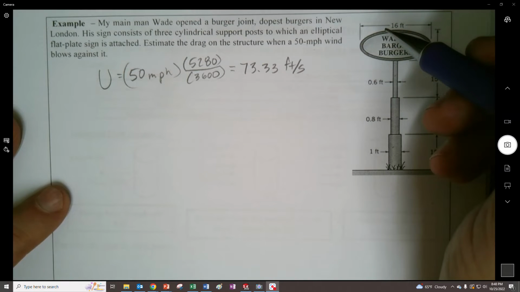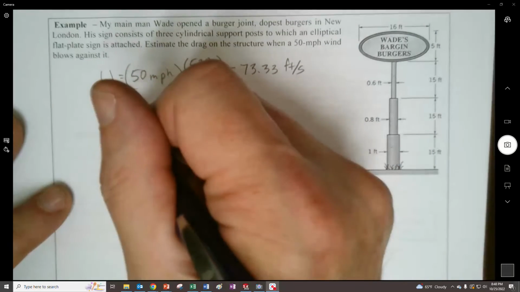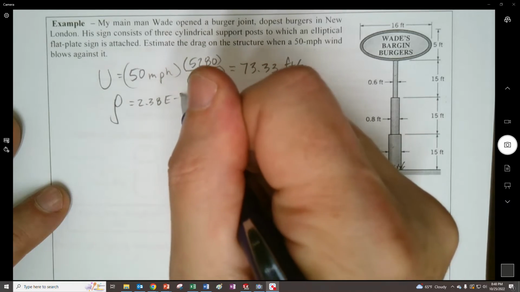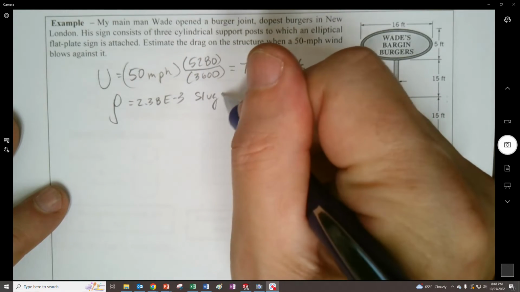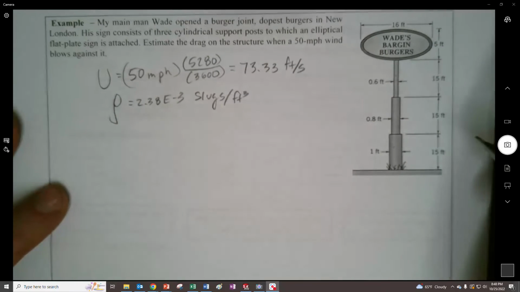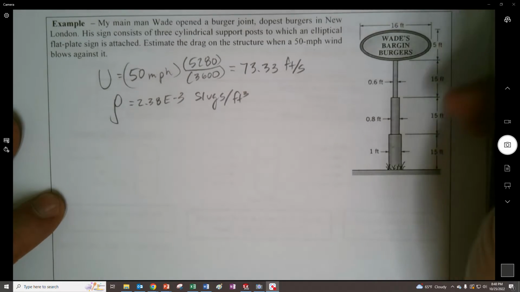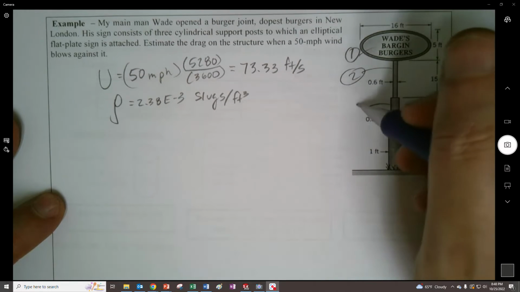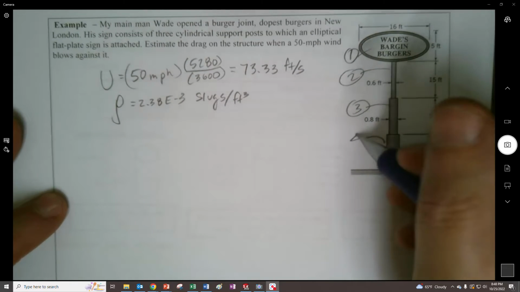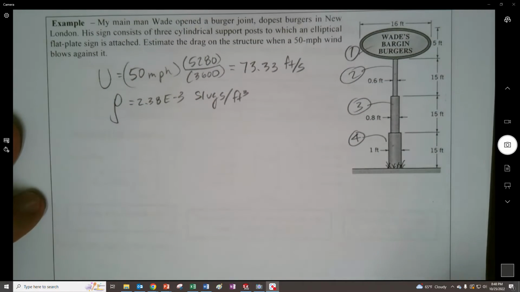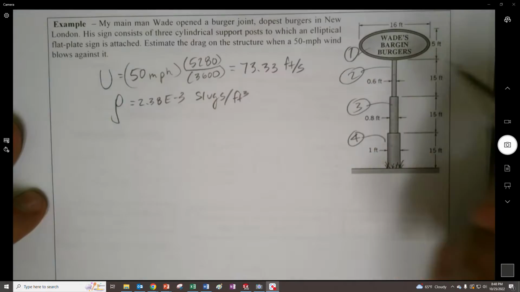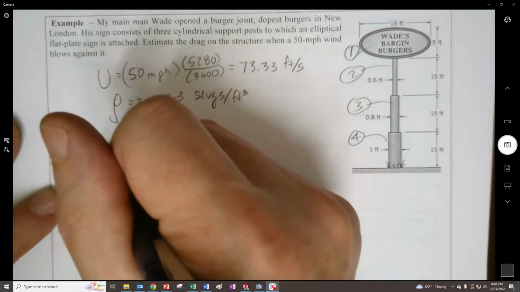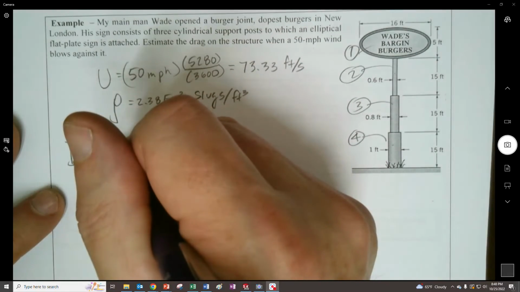We'll also, once again, use US or British gravitational units. So we're going to use 2.38 e to the minus 3 slugs per cubic foot. And now I'm going to number this just to keep track of things. I'm going to call the ellipse number 1. This is going to be number 2. This is number 3. And this is number 4. And what I can do is find the total drag force by taking